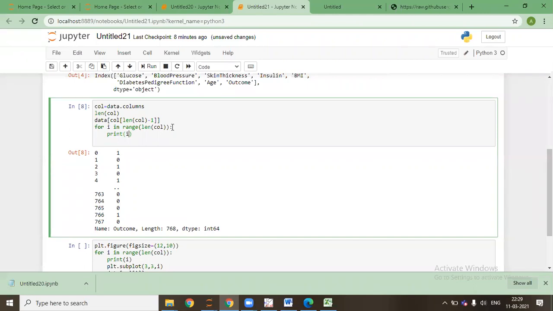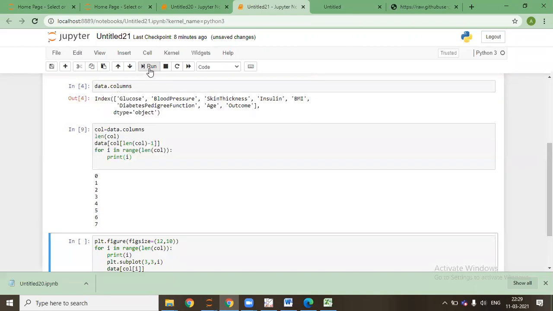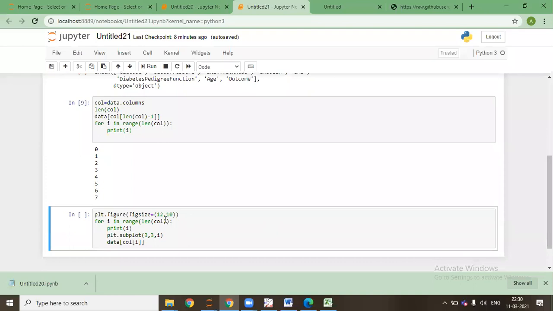Print i. So let's see what happens. It will go till 7 columns, 0 till 7, till outcome it will go. In case we don't want to plot outcome, I'll say minus 1. So it will not go to outcome. Okay, so data of column i dot